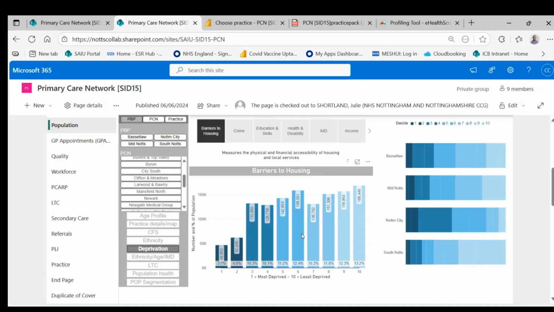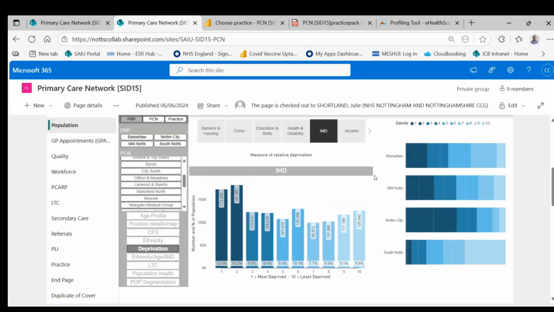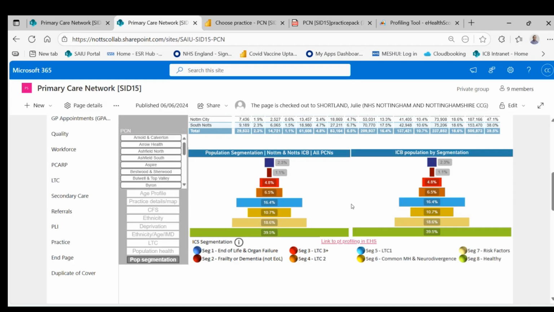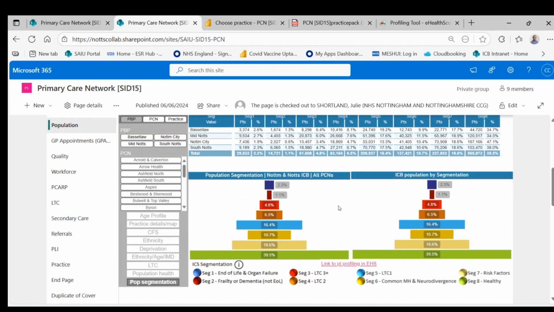We've got some views of deprivation as well that we can filter across various different geographies. We've also got something around the segmentation of the population. This is a nod to the work that's been done in terms of population health management. So we can start to look at how many patients, or the proportion of patients, that fit into the particular segments that we've created within the